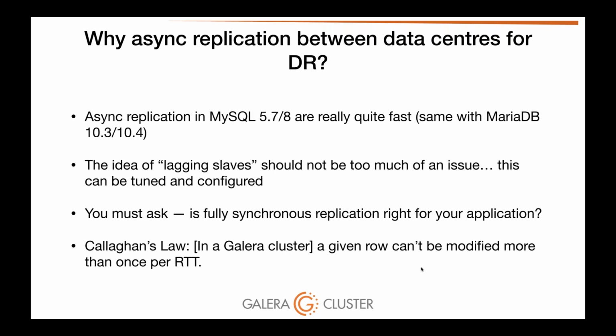The idea of having lagging slaves really shouldn't be too much of an issue nowadays. You can tune and configure this. Of course, again, this is very workload dependent. You have to obviously ask, is fully synchronous replication right for your application? And there's also this thing called Mark Callahan's law, that a given row can't be modified more than once per